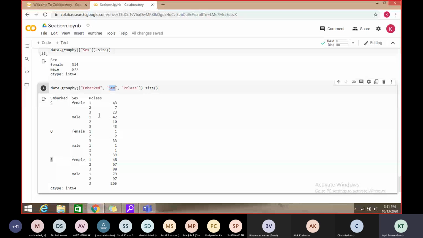In embarked C, 2 values, and the same for S. So we can check that in embarked C, female, those in P class 1 are 43, class 2 are 7, and class 3 are 7.